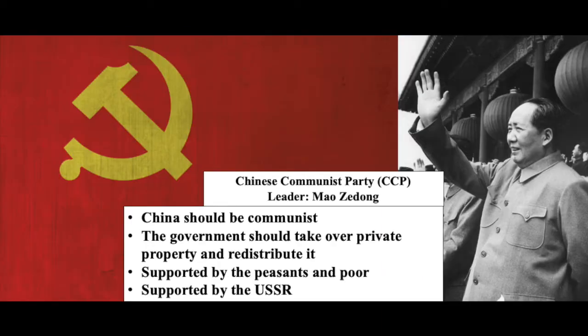On the other side was the Chinese Communist Party, or the CCP, led by Mao Zedong. Mao Zedong believed China should be a communist nation. He believed the government should take over private property and redistribute it or share it with the people. And he was supported by the peasants and the poor, and we'll get to that in a second. And of course, he was also supported by the Soviet Union. So Mao Zedong was inspired by the Soviet Union itself, and Stalin and Lenin, and he wanted to replicate that